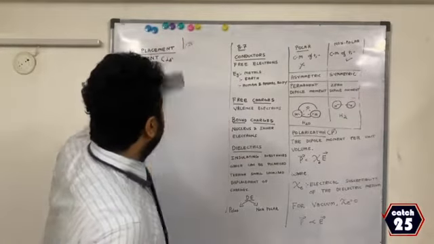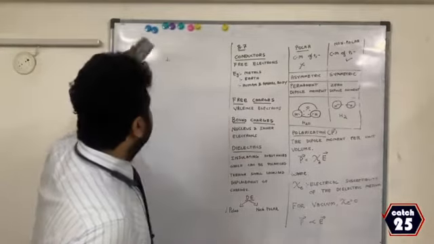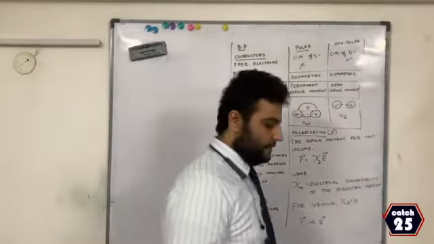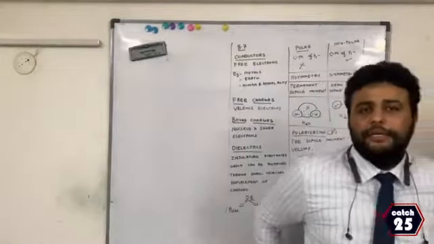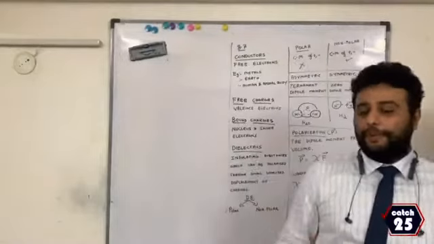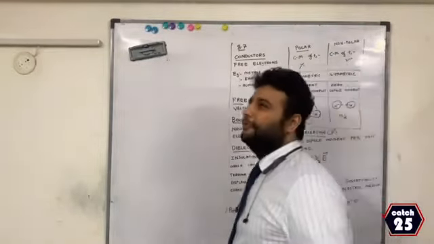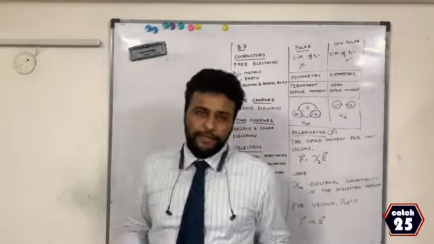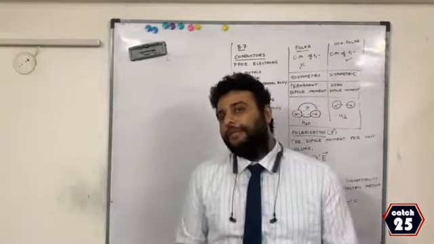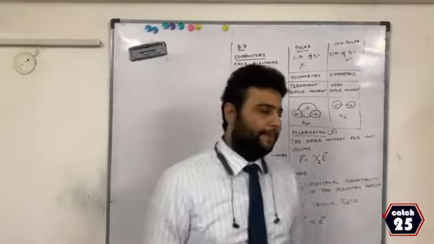Now, if you look at your textbook section 8.7, you have something called conductors, insulators, dielectrics. So we'll go one by one. The first thing they have mentioned is what are conductors. I think from high school and 11th, you know what are conductors, what are insulators, what are semiconductors. So again, we'll do a recap.